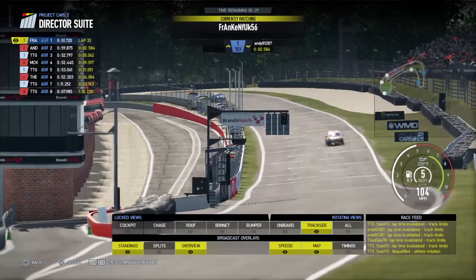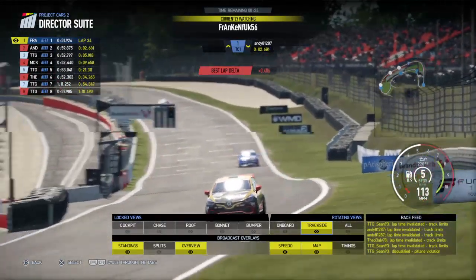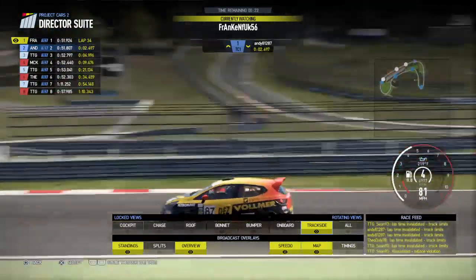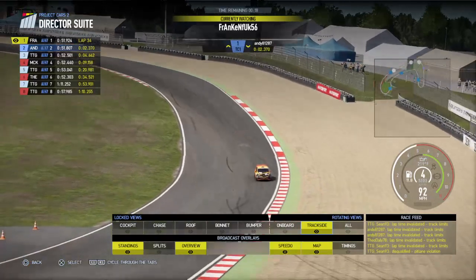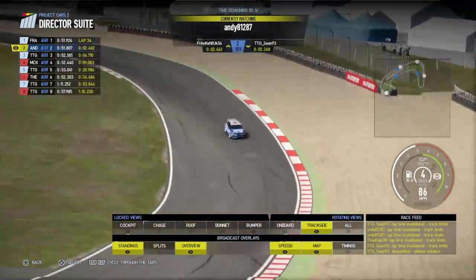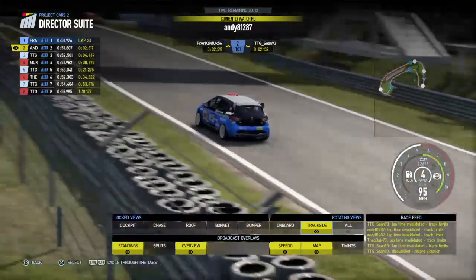It was his last time around. Really impressive. What's he done this time around? 51.9 responds. How's Andy responding to that? 51.8 responds. A tenth quicker. But we're on the final lap, and Andy's mistake has come at such a costly time, because Frank is going